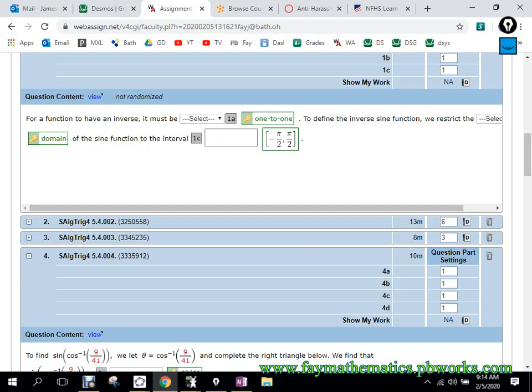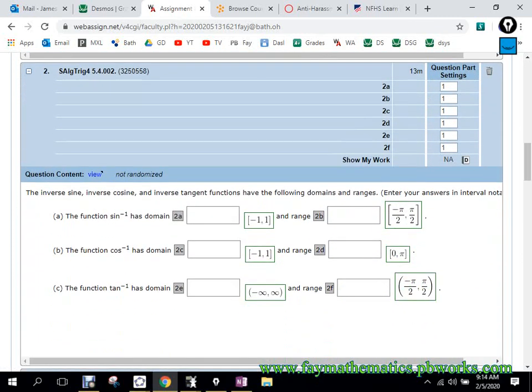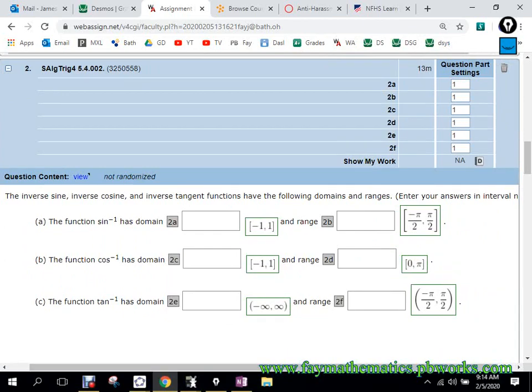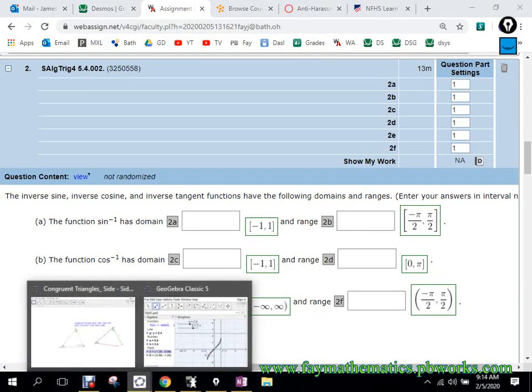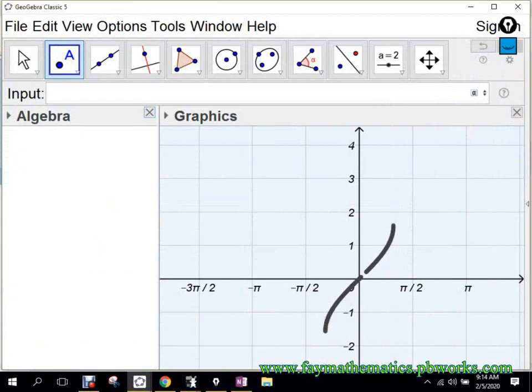Any others on here? Number two. Two? I need more tests on this one. All right, so the inverse sine. Okay, so the function sine inverse. So this is actually now talking about that black curve. Okay? So if I look at that black curve, which is sine inverse, okay,